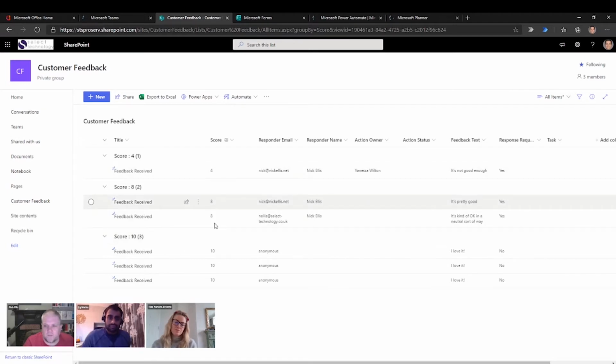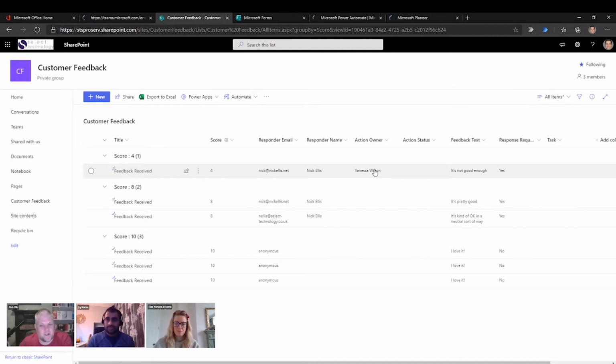Now that has all been pushed in by Power Automate. I'm not going to go too much into the details of how that Power Automate works. But essentially what it's done is it's gathered the information out of the form and then arranged it and written it into here. The other thing that it has done